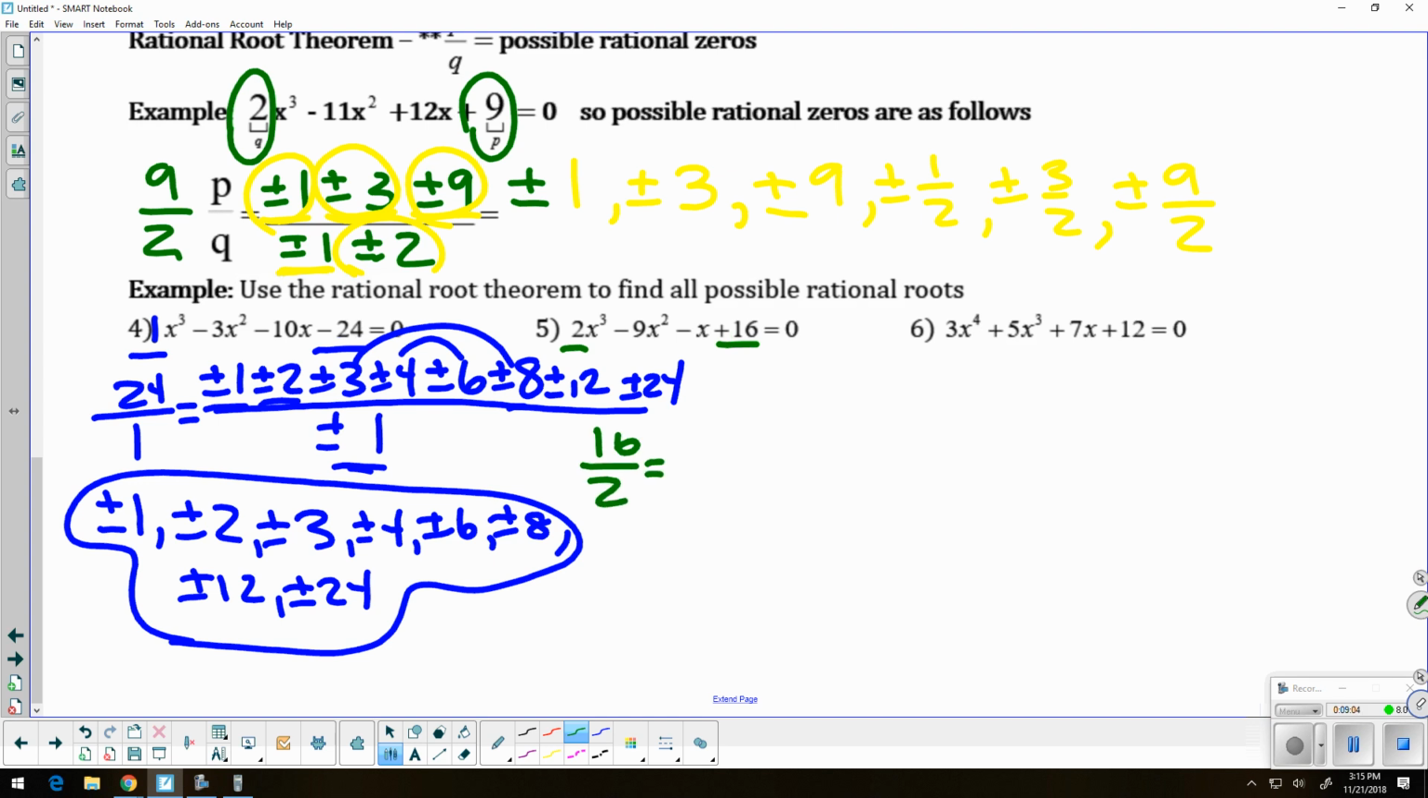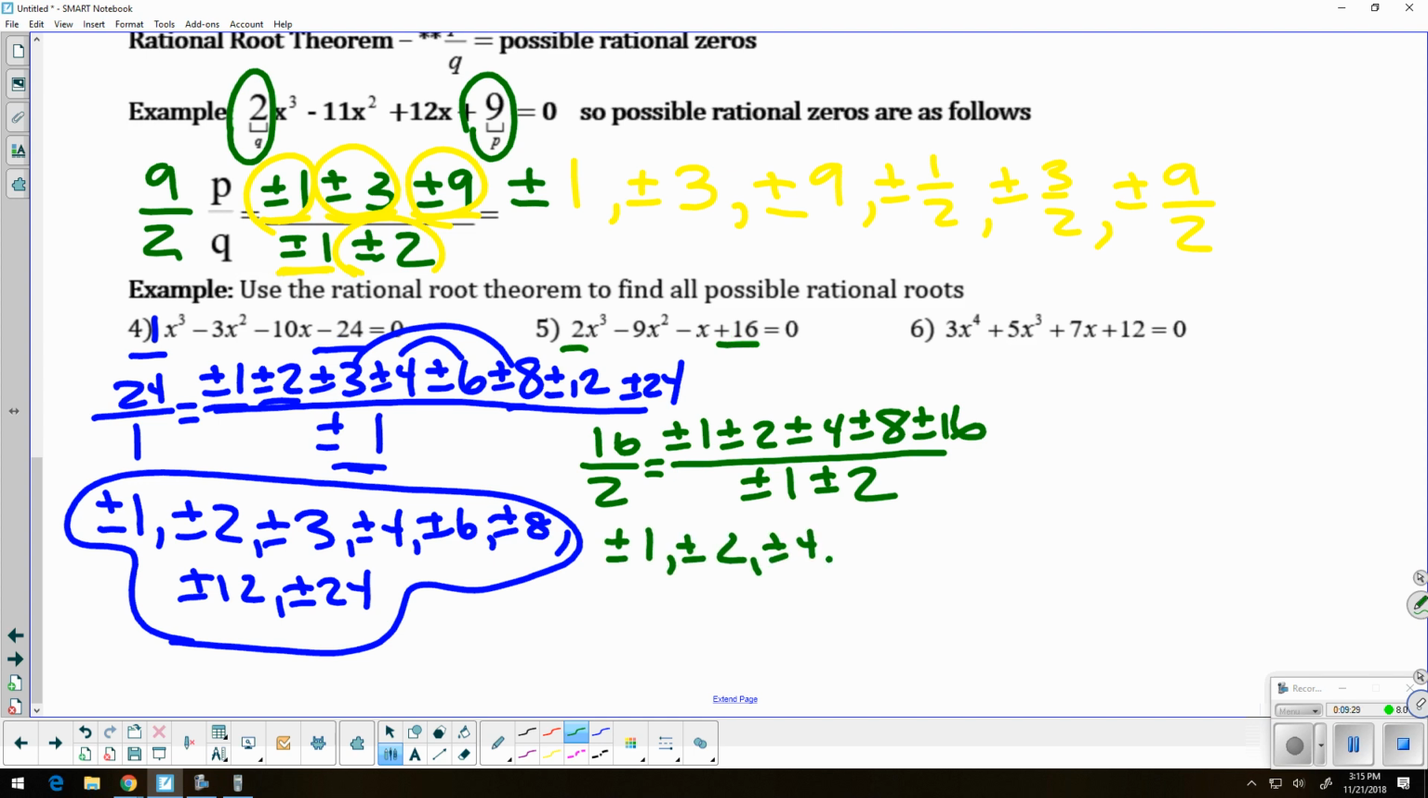Okay? So now listing out all the possible rational real solutions. List out the factors. So that'd be 1, 2, 4, 8, and 16. On bottom, it's just 1 and 2. Okay, so now make your actual list. Again, all the numbers on top over 1, all the numbers on top over 2. So you'd have plus and minus 1 over 1, 2 over 1, 4 over 1, 8 over 1, 16 over